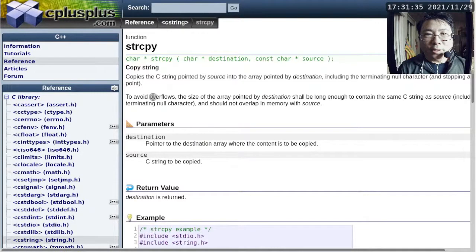All right, so it copies a string. The first parameter is the destination. The second parameter is where we're copying from, and then it returns the destination itself, so the whole thing can chain with other string functions. Okay, so the question is, how are we going to implement this? If you want to keep your code short, you